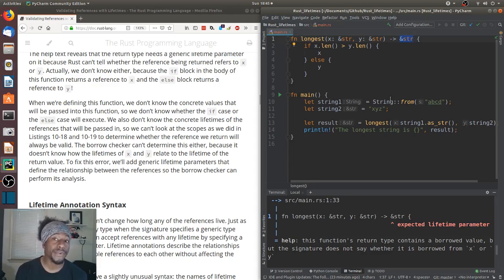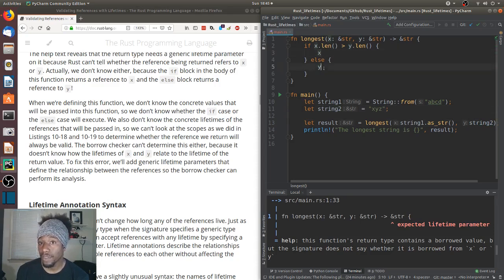However, the bigger and more important issue is that x is a reference, y is a reference. We see here that x is a reference to string1, y is a reference to string2. Both of these have lifetimes, but with reference to longest,